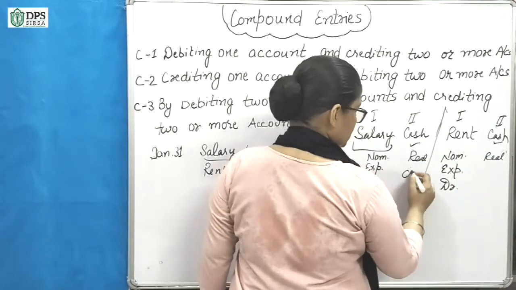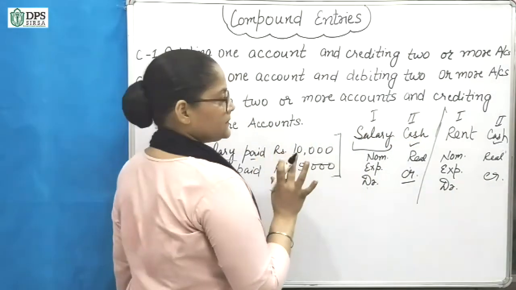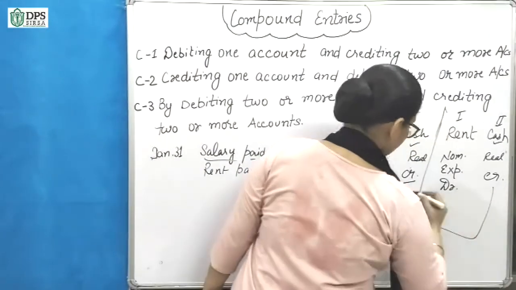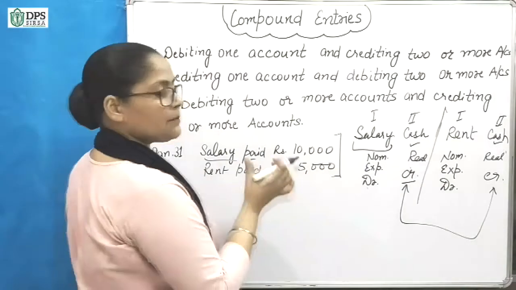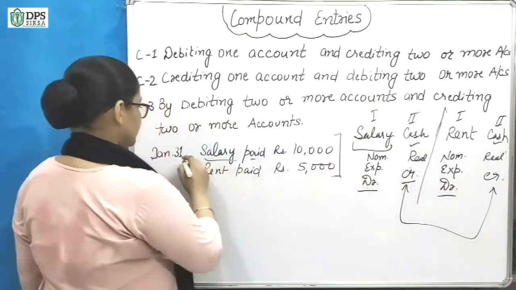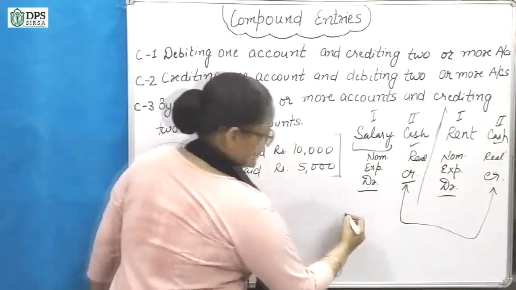Cash is going out, so it will be credited. Now we are saying that here in both cases cash is going out. कैश जा रहा है तो हम इसकी कंबाइंड एंट्री कर सकते हैं. यहाँ पे ये भी डेबिट है, ये भी डेबिट है और ट्रांजैक्शन सेम डे को है, तो हम इसकी टू एंट्रीज भी कर सकते हैं.